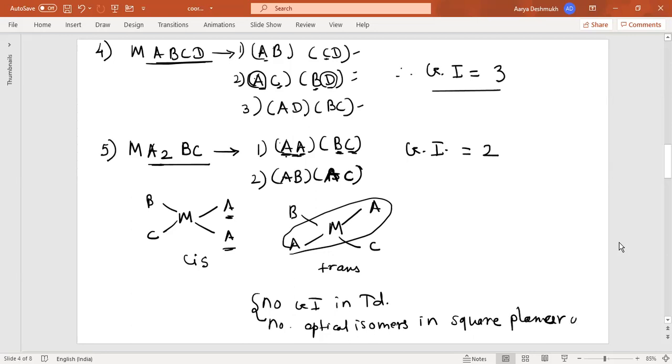So this is the simplest way you can find the number of geometric isomers in square planar complexes. In the next video, we'll talk about geometric isomers and optical isomers in octahedral complexes. Up till now, we did not discuss the octahedral